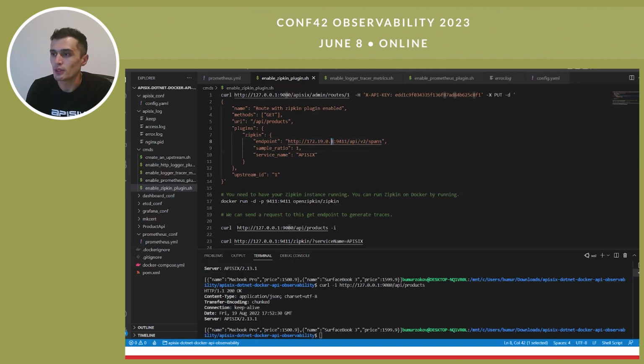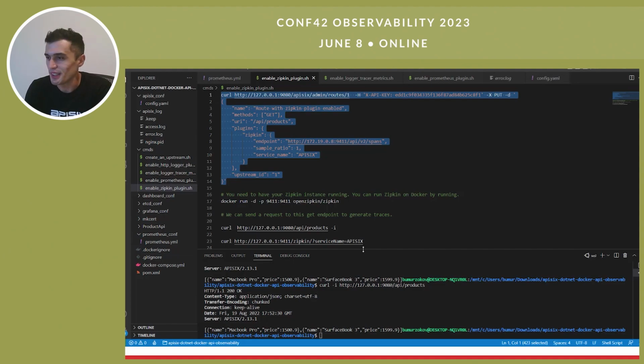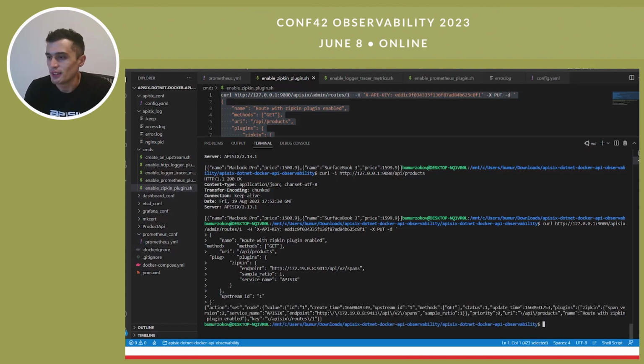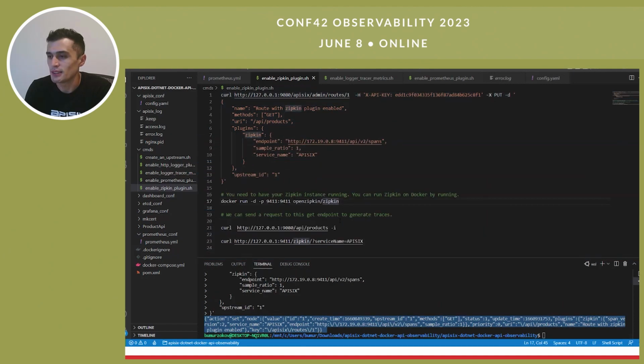As you can see, I'm giving directly the IP address of my container. In a real case, you should have the IP address of your server for these metrics, the tracers, and the same way we are using a reference to the upstream ID. I will copy this curl command, paste it to the terminal and press enter. Now the zipkin plugin is enabled and we can test it by sending some API request once